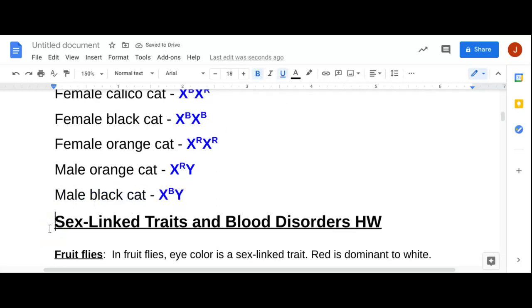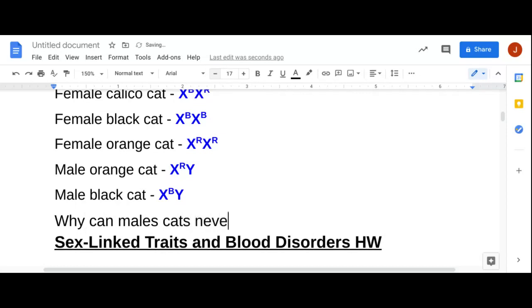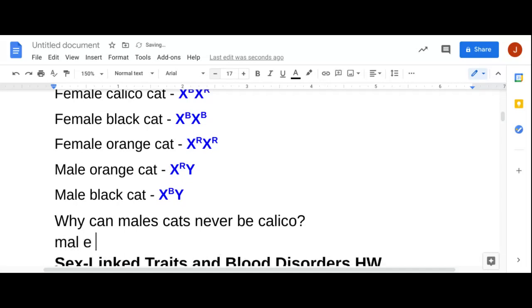Now, one of the things I want you to think about: the assignment tomorrow will have a little bit of the sex-linked traits and then the incomplete and codominance with it. And one of the questions is, why can male cats never be calico? If you see a calico cat, most of the time it's going to be a female. Male cats, I'm going to change this to blue. I'll do red. Male cats cannot be calico